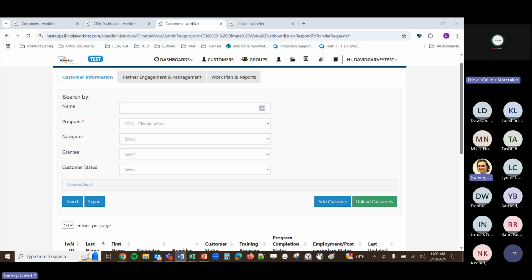However, in another program, JTED, this year started round 2.